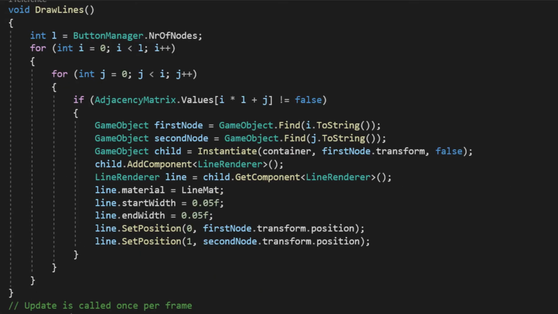And now, the drawLines function. It starts by going below the main diagonal of the adjacency matrix, because, as we said in the third video, the matrix is symmetrical. If the value at that position in the matrix is 1, which means there is an edge between node i and j, then we get the spawned nodes, which, as I wanted, have as the name